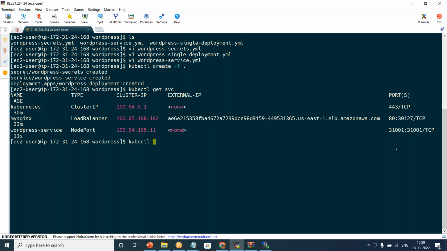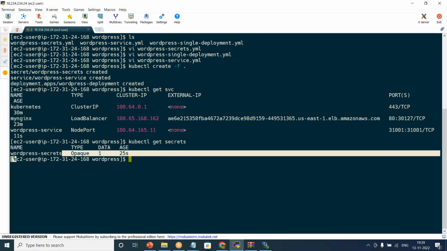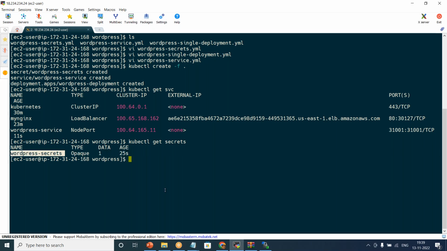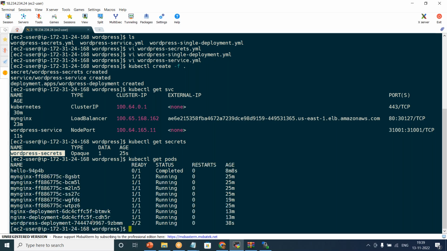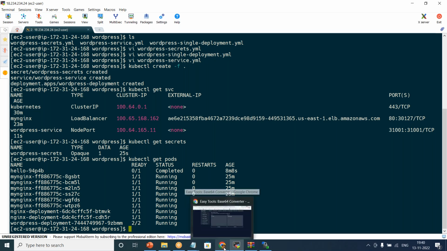Now go and say kubectl get secrets. You have one secret, and that's a WordPress secret, and you can go inside and see. You will only see encoded stuff, right? And you can also go and check for kubectl get pods. You will see a WordPress deployment is happening there, because it is 2. The replica is only 1. But why is it 2? Because we have both WordPress and MySQL. Both are running there now, right? Both are running there. So if you go back to our